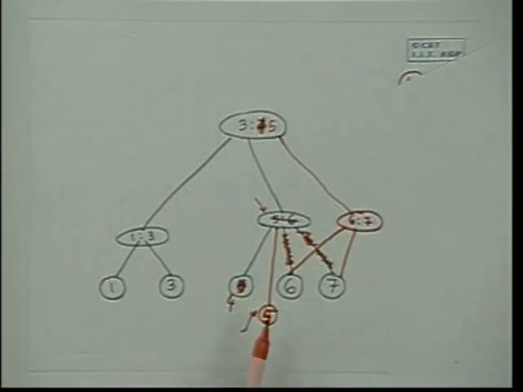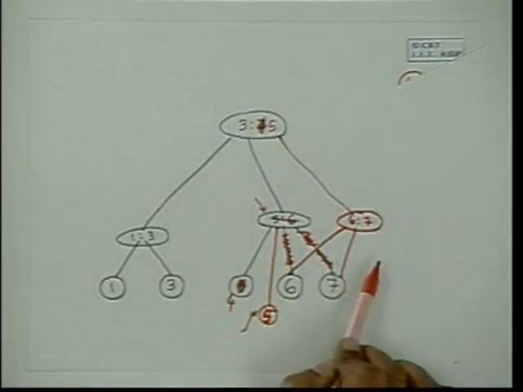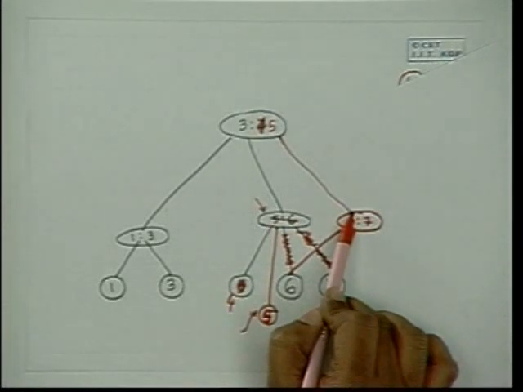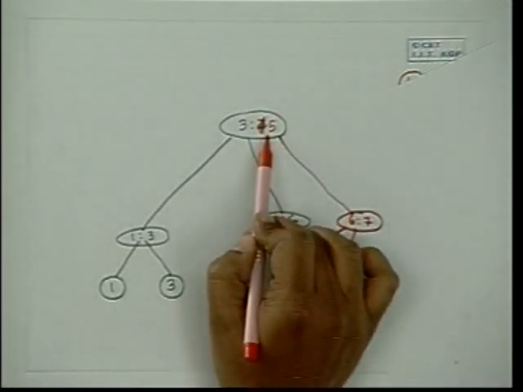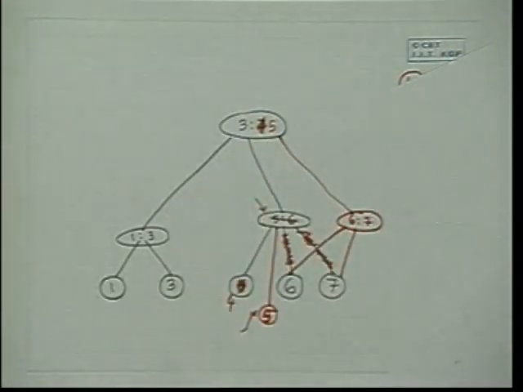So when you go to insert a node and you see that there are only 2 children, it's fine. But as soon as you cross 2 children, you have to create another node and redistribute the children 2, 2. You cannot distribute 1, 3. You have to distribute 2, 2. And then you have to insert this node above. Is that clear?